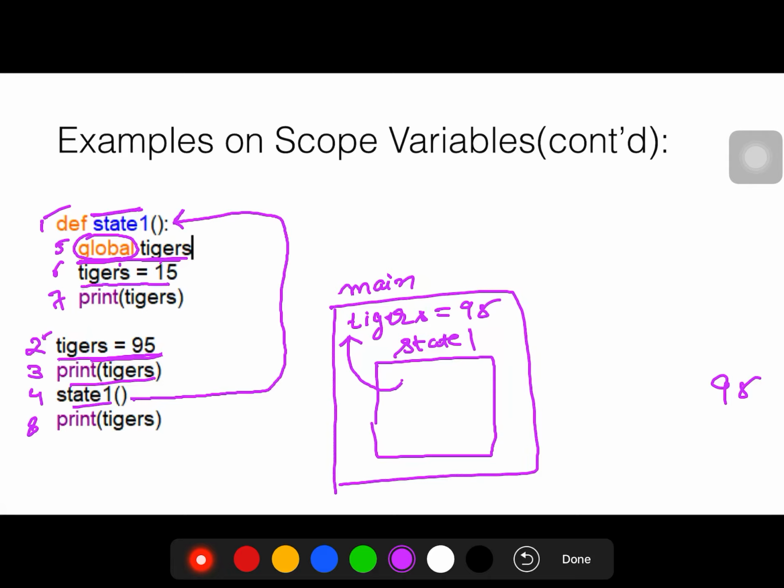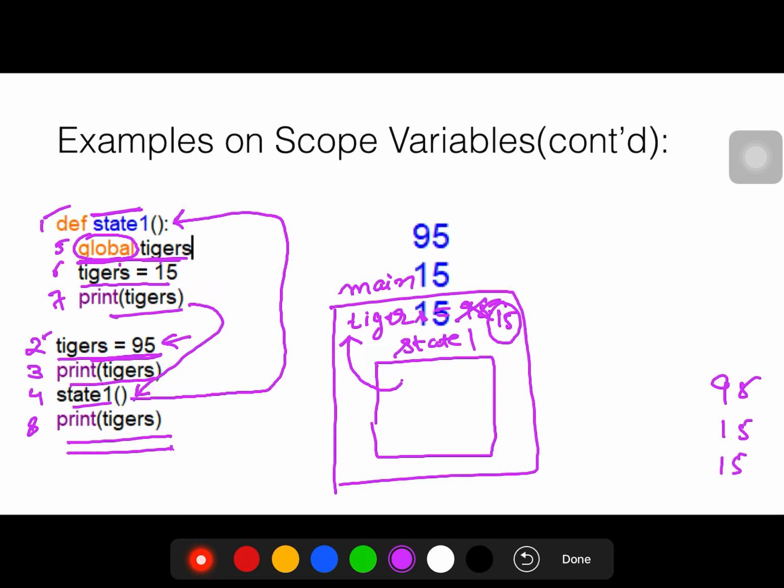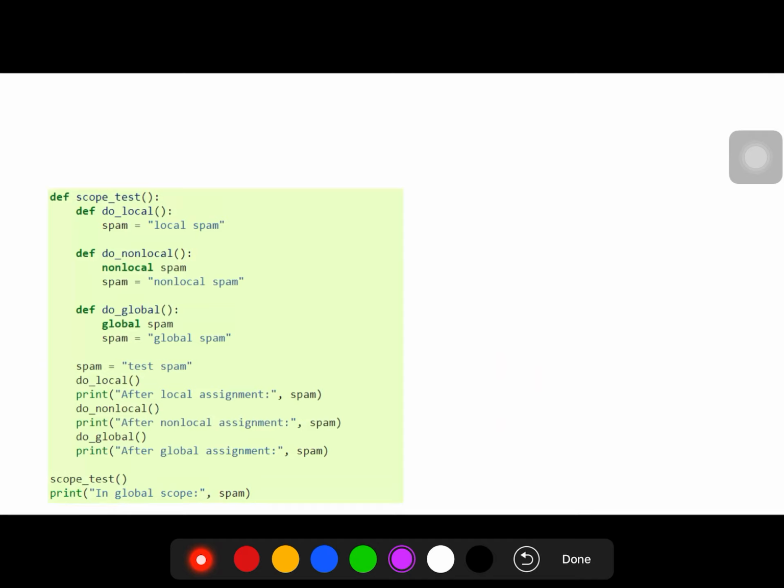Now it sets the value of the tiger, which was previously 95, to 15, and prints its value, and then upon return it again prints the tiger which was there in the main function. Now the main value is changed and it will reflect 15. As you can see, this is the expected output.